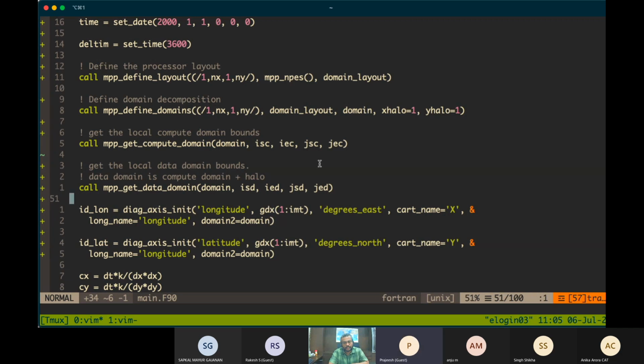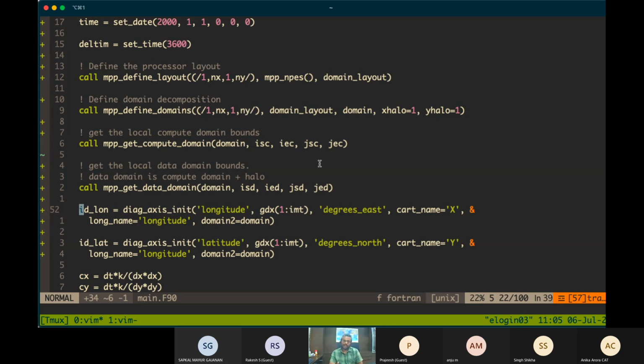Okay, so when you do this, it will return an ID for this axis, and you have to save this ID. Is that ID only an integer, or does it contain a lot of information about each of these arguments?